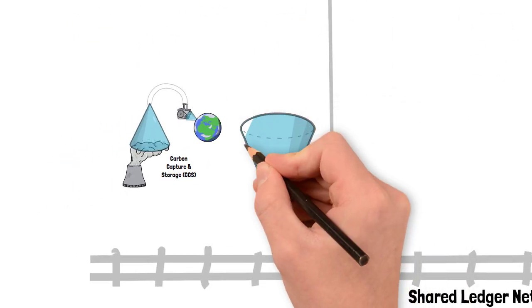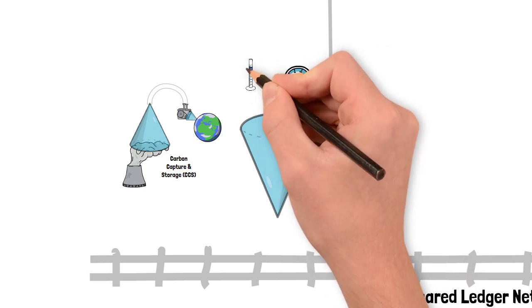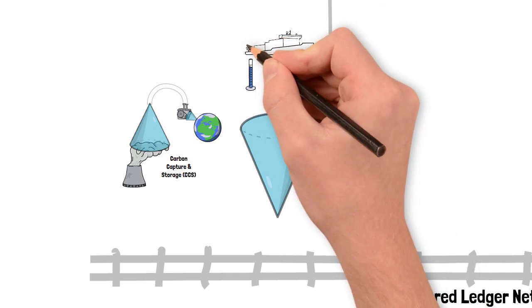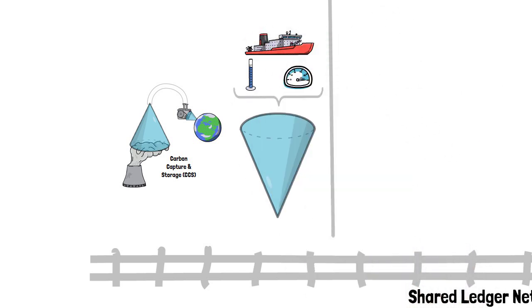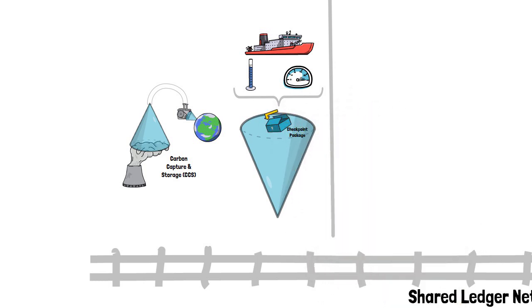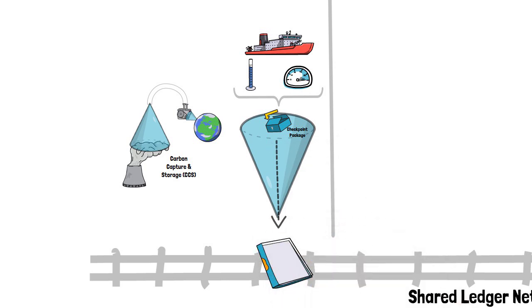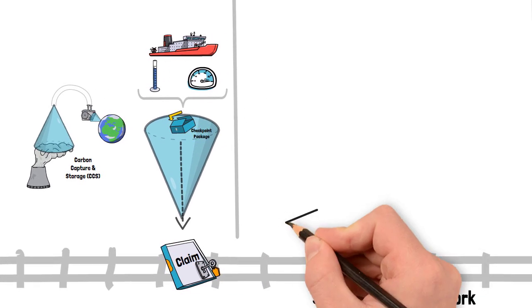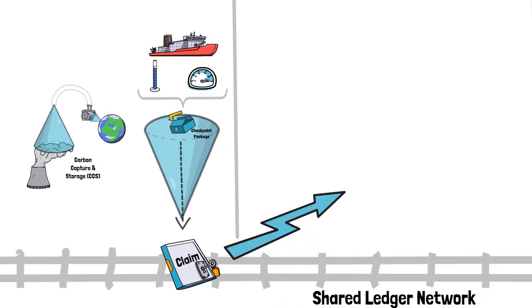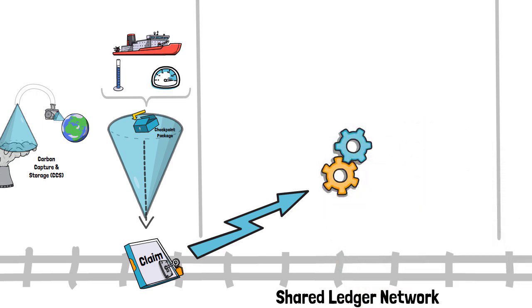The project then begins to collect evidence based on the quality standard, measuring carbon captured as well as the carbon emitted during the process of capturing it. This evidence is submitted periodically as a checkpoint for their claim of carbon removal. The claim is built throughout the carbon removal activity, with evidence being cryptographically secured so that its provenance and authenticity are guaranteed. Once the carbon removal activity is complete, the claim is automatically submitted for verification on the network and picked up by the verifier for processing.